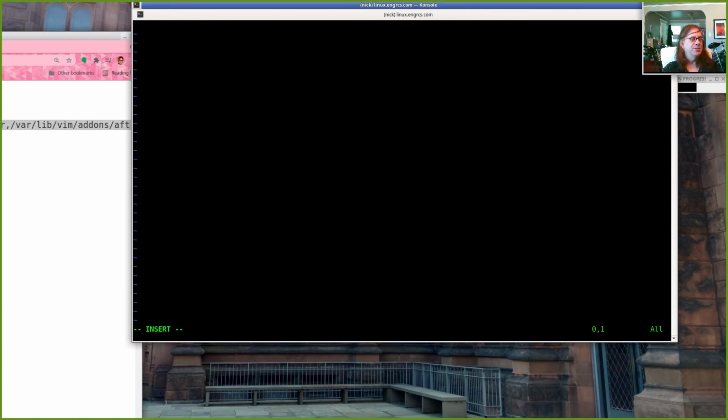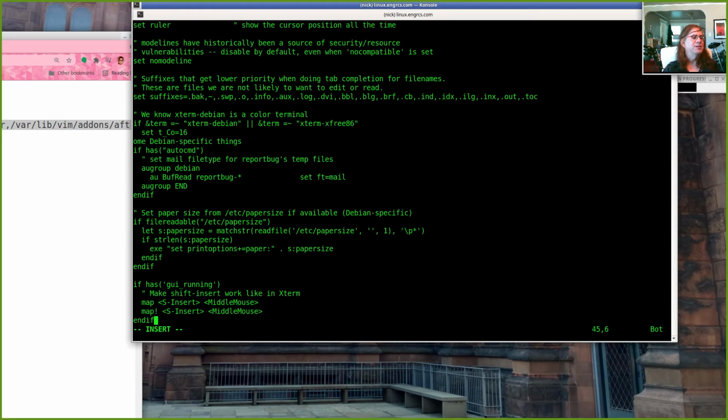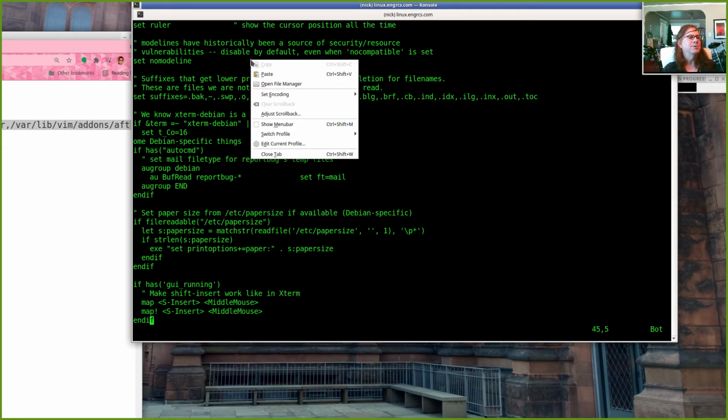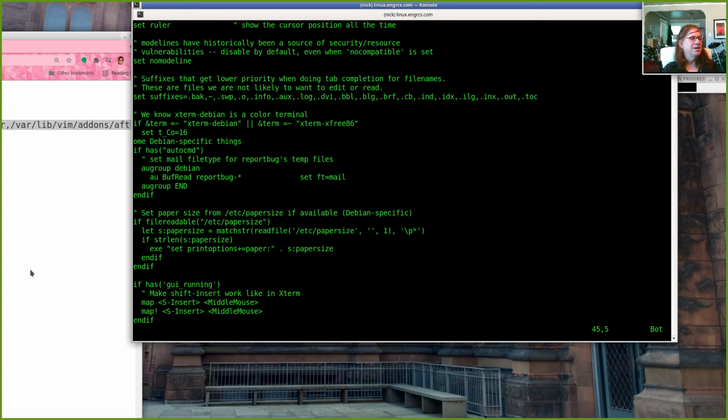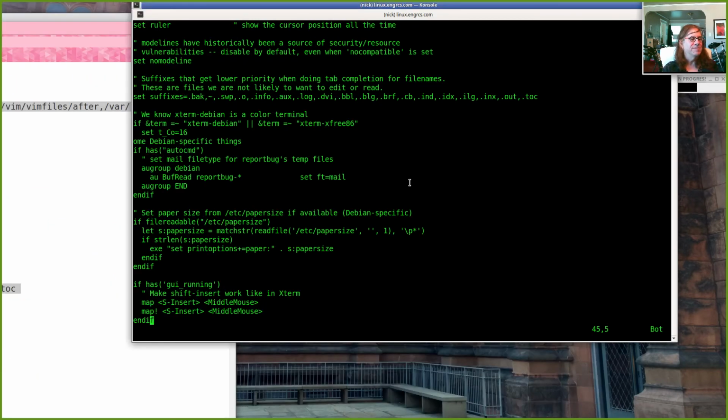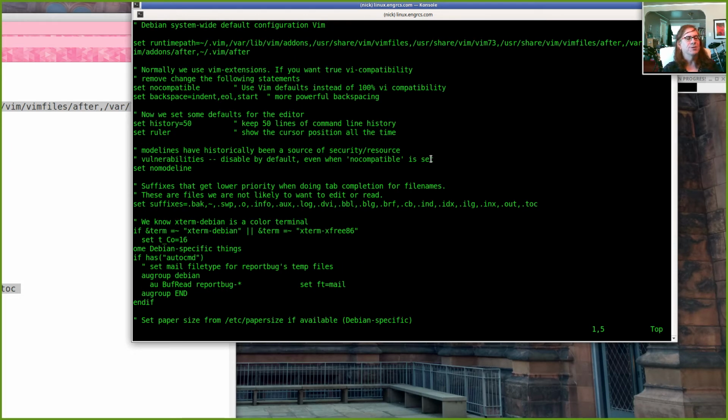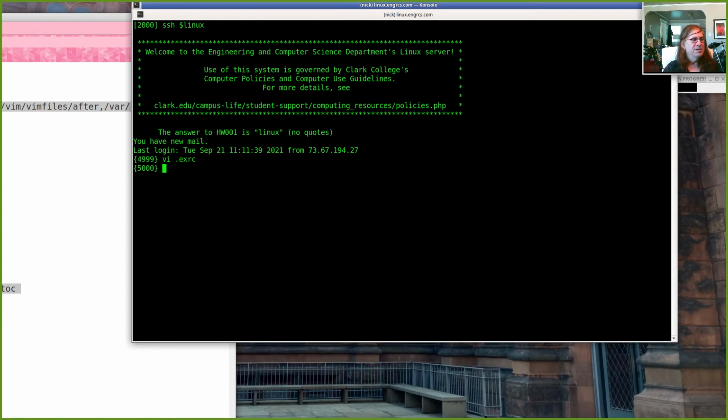I'll do an A to go into insert mode, and then I'll just paste that. So I can paste with a Control Shift V, or you can right click and do a paste and so on, right? And that copies all of this into this file called .exrc. All of this stuff will serve to restore the behavior of your arrow keys in VI. So do it in your home directory and just edit a file called .exrc.